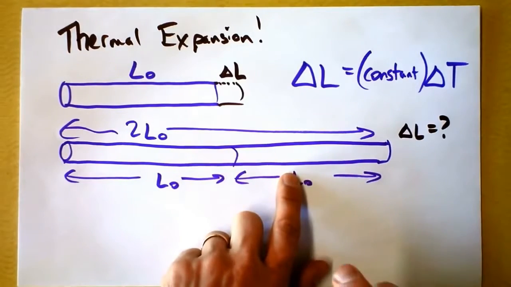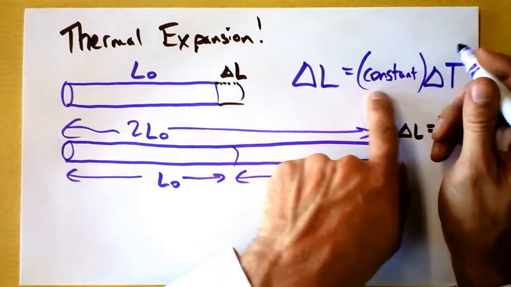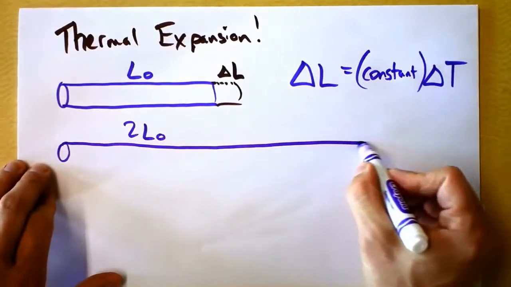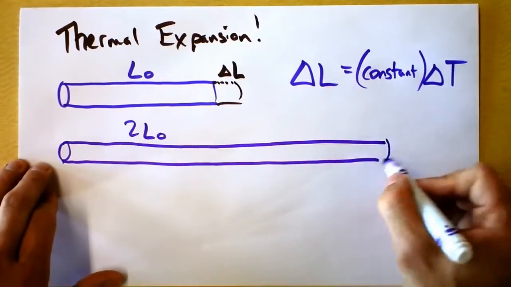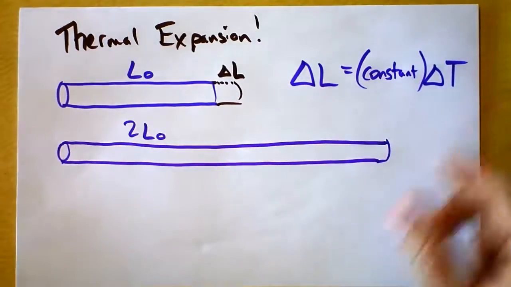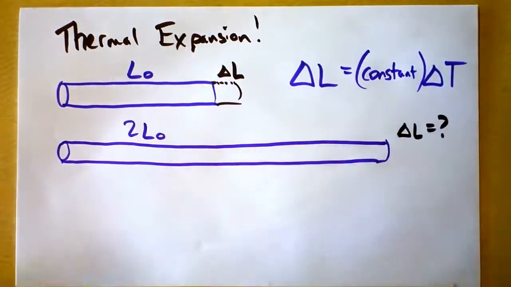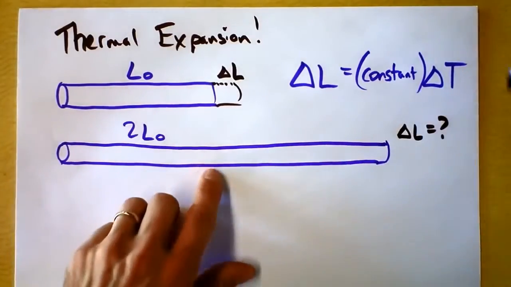So I guess I'm implying, right now, I'm implying that wood that was 2 L naught long, and I asked you what I could expect its delta L to be as I increased its temperature by the same amount. So delta L equals question mark. What do you think? Do you want to take a guess at that? Well, one way of looking at this is that this chunk of metal